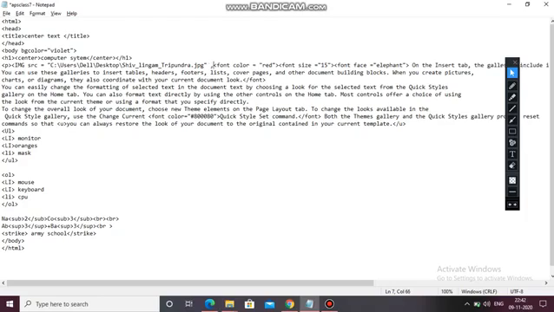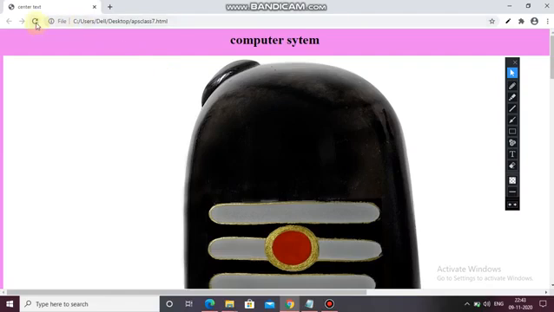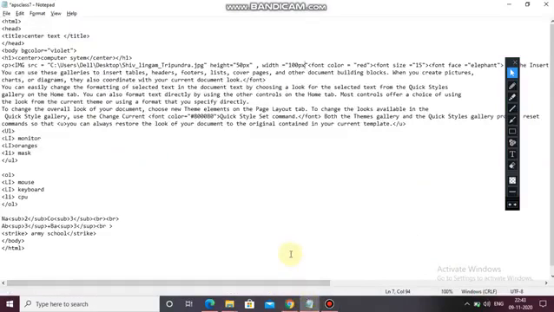So here, comma, HEIGHT, height equals to double inverted comma, whatever height you want, 50 pixel. Now next, comma, WIDTH, width equals to double inverted comma, you can take 100 px, Control X, Control S. Let's see the result of this. I think I have not saved it. Control S.